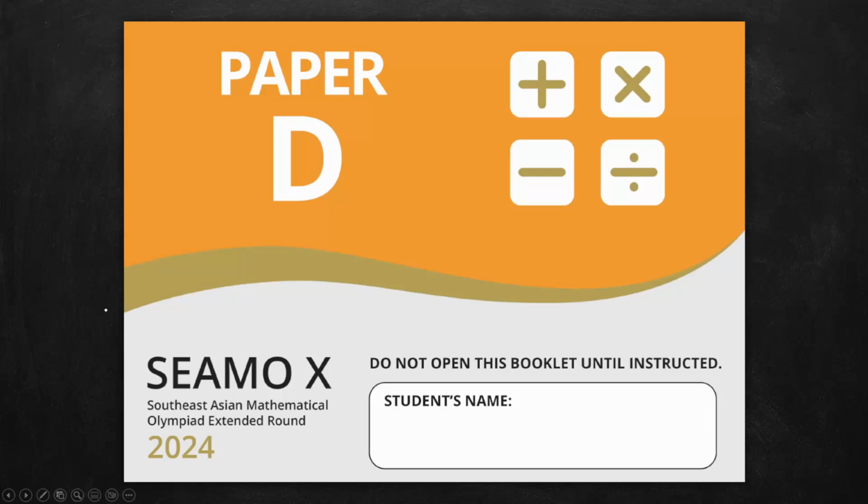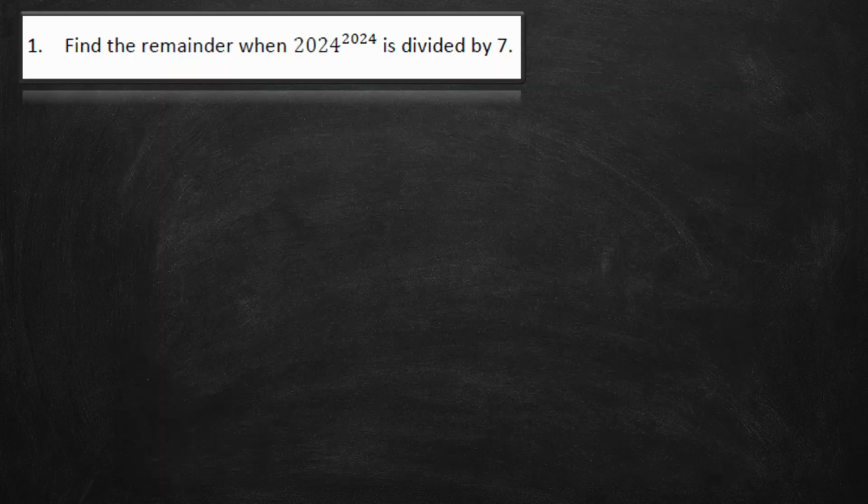Hello everyone, so today I'm going to solve this paper D problem for Seamo X 2024. So number one, find the remainder when 2024 power of 2024 is divided by 7. So here I'm going to use a modulo. So I will write it as 2024 power of 2024